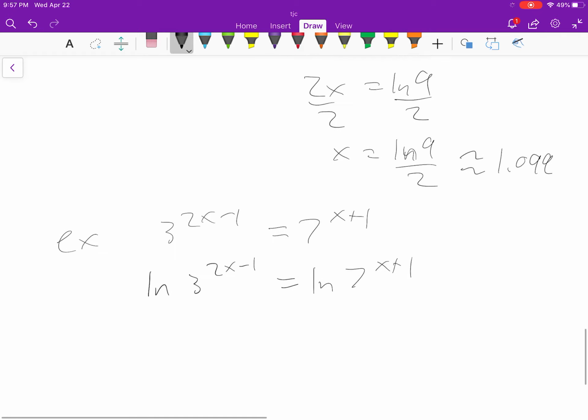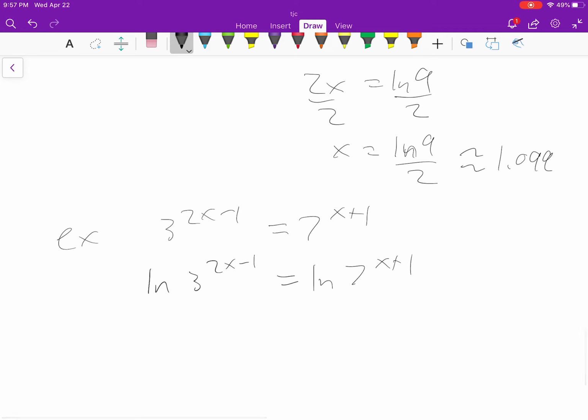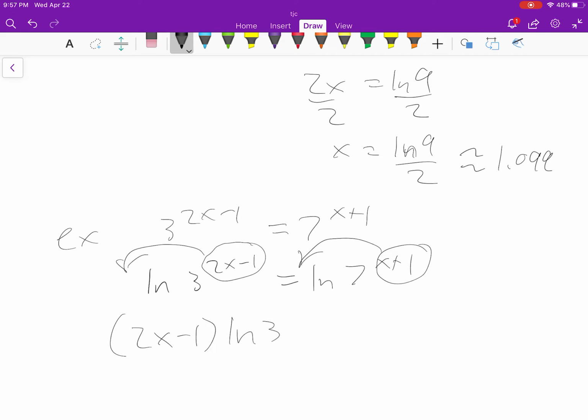Okay, and we have the property of logs where exponents come down. This is a very useful property. We're going to use it a bunch here. So this exponent comes down, this exponent comes down. It becomes multiplication when you distribute it through. So it's (2x minus 1) times ln 3 equals